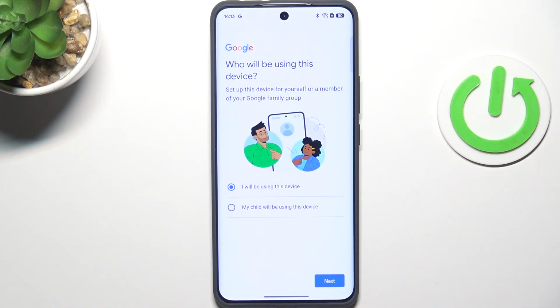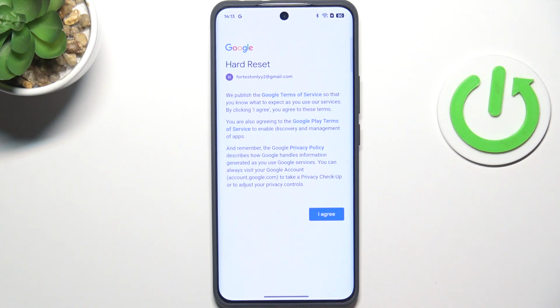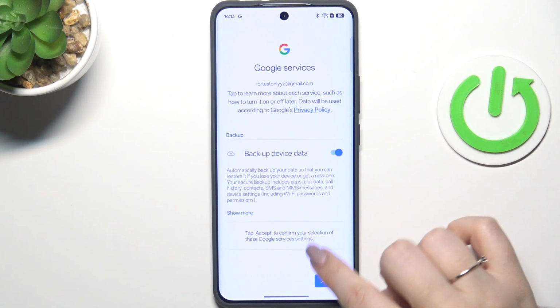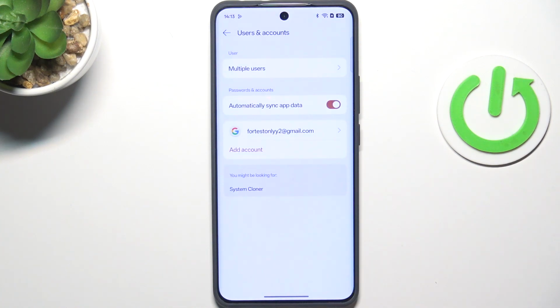Here we have to decide who will be using this device, so just mark the option and tap on next. Here, Google Terms of Service and Privacy Policy, just read it and tap on I agree. Tap on accept, shortcut of backup and storage, and as you can see we just successfully added our Google account